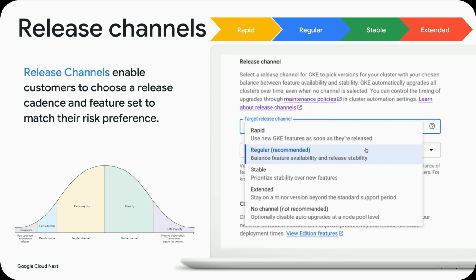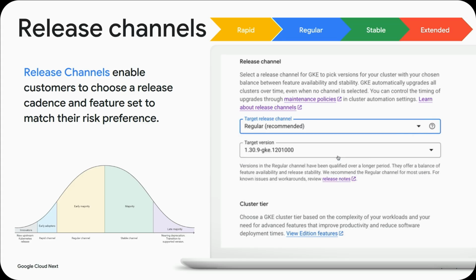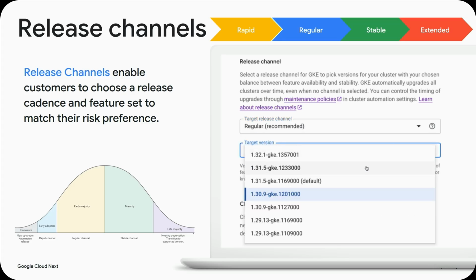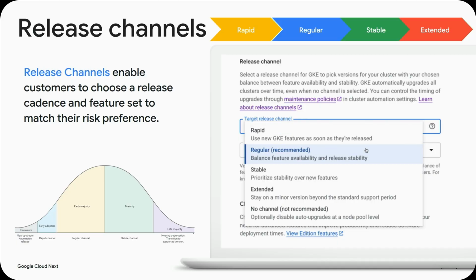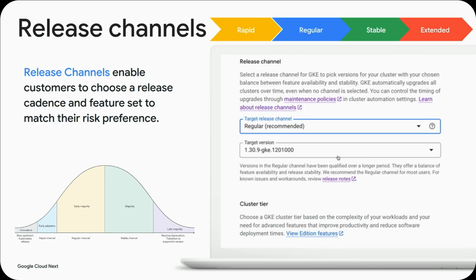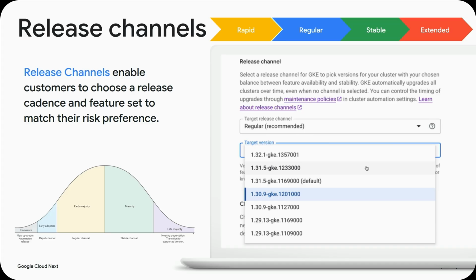So why are release channels so fundamental? It is because they set the cadence for the auto upgrade. So you're going to choose a release channel between rapid, regular, or stable. And based on that, this is going to define the version that you get in your environment. So how do you choose a release channel? If you want the latest features, you go to rapid. And as you want more and more stability, you go towards regular and then stable.